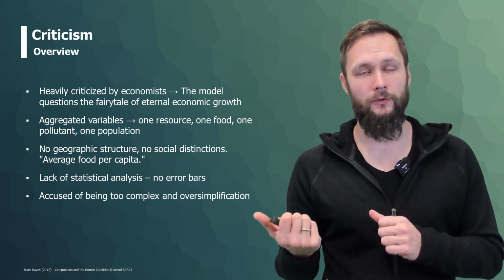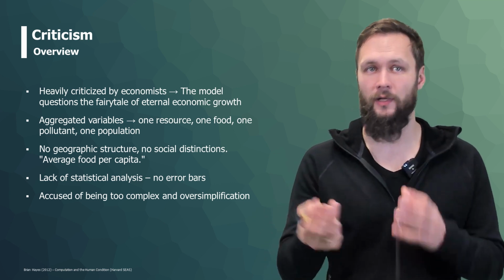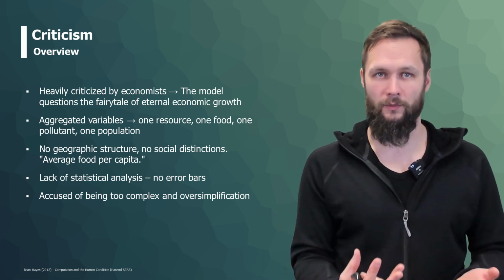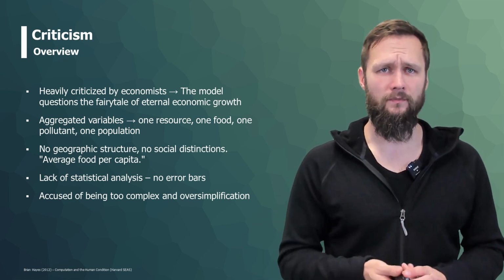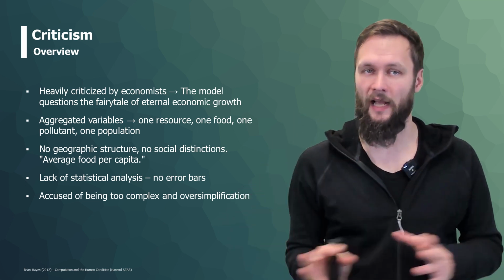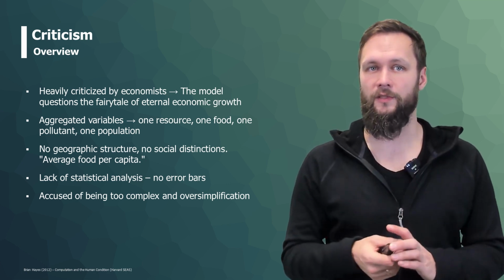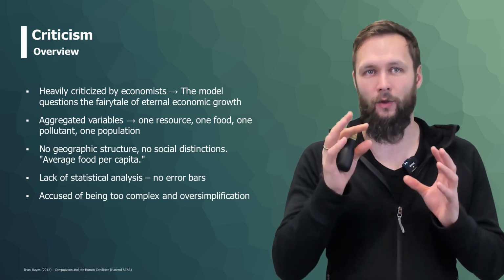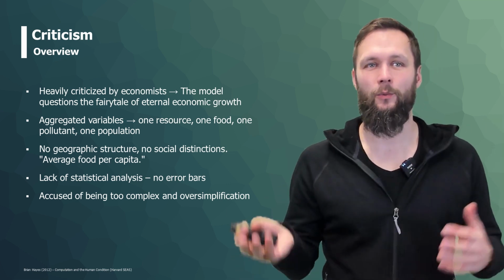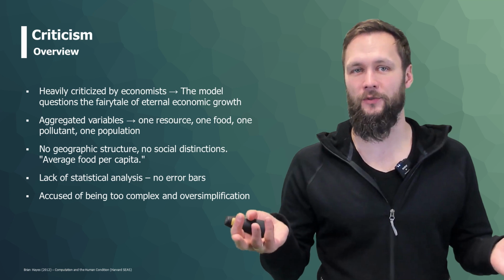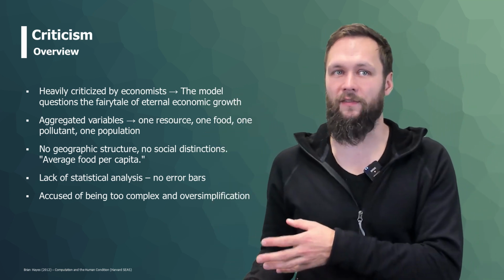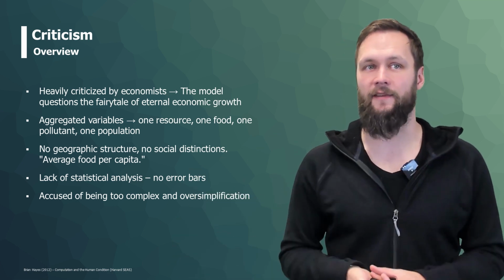This is why we also talked about the planetary boundaries before, to give you an idea about different types of complexities and what you can draw from different numbers of variables. But even with those simplified variables, you still had those 150 equations governing those different variables. So there is complexity, but also oversimplification, which is one of the other things that the authors have been accused of. So either the model is too complex, or they're criticized for oversimplifying things using something like aggregated variables.